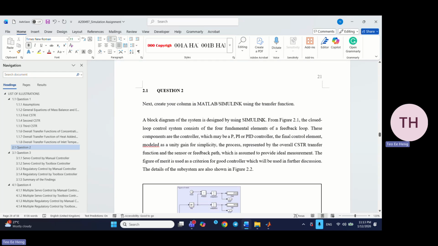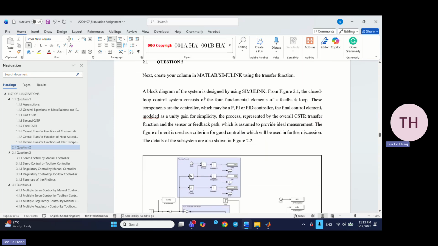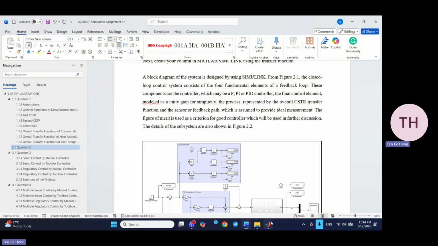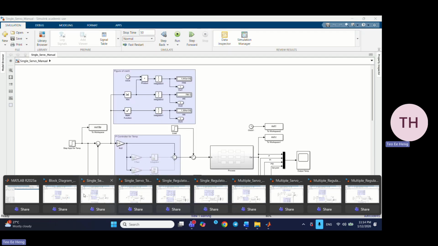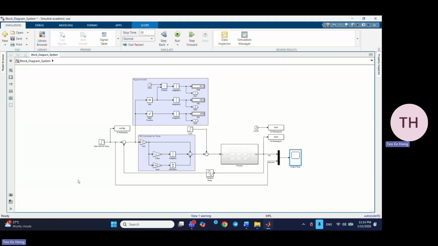model in MATLAB Simulink using the transfer functions we found in question 1. So we need to design a block diagram of the system using Simulink. The purpose of creating the Simulink model is to represent the dynamic behavior of the three CSTRs in a closed loop